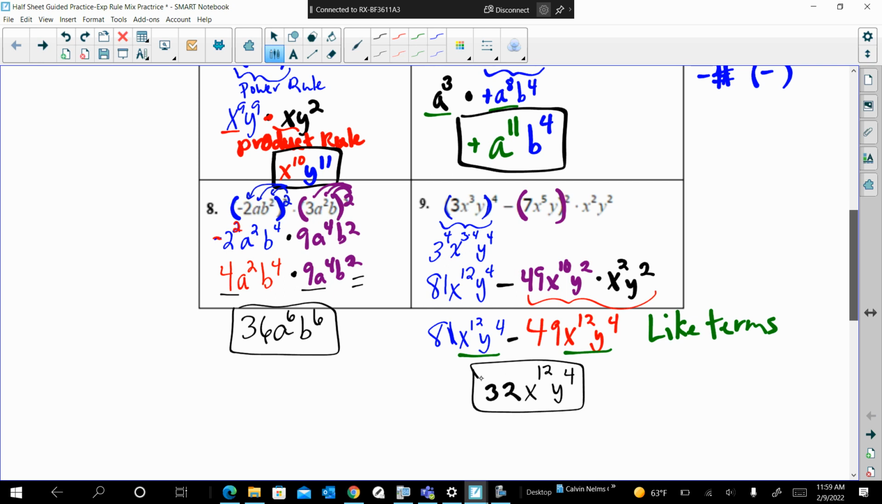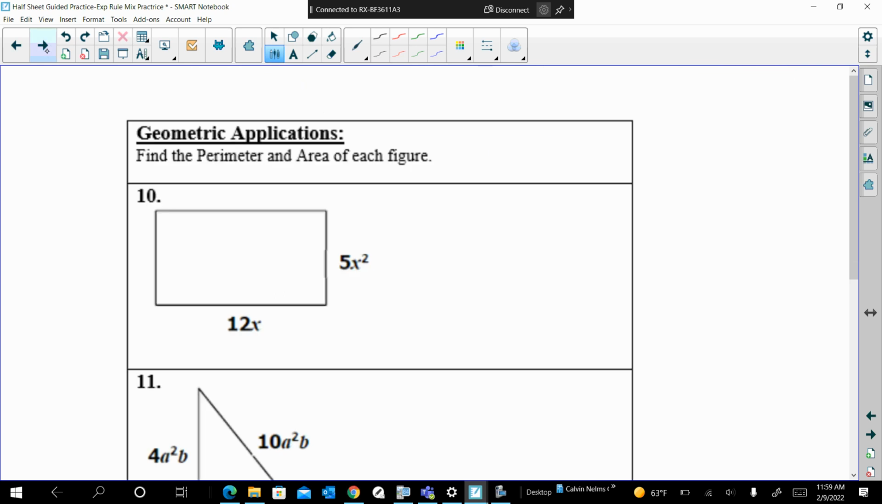So we're going to take these same rules, these same mixed kind of approaches, and now apply it to geometric figures. So if you go to the next part,